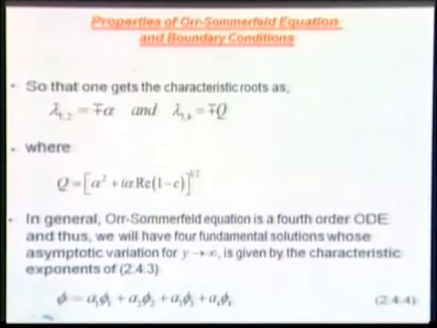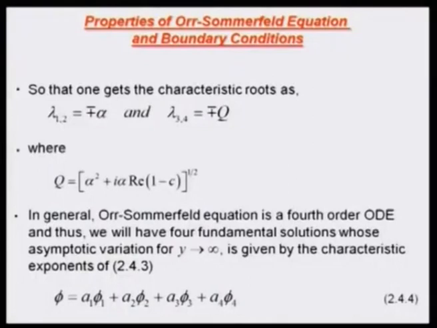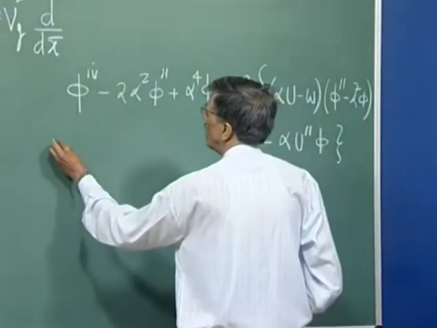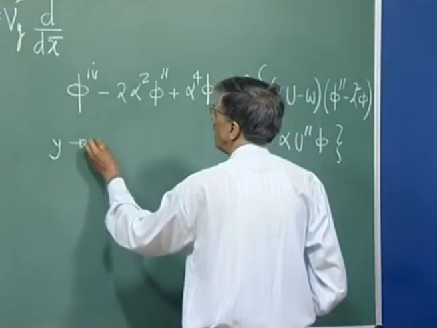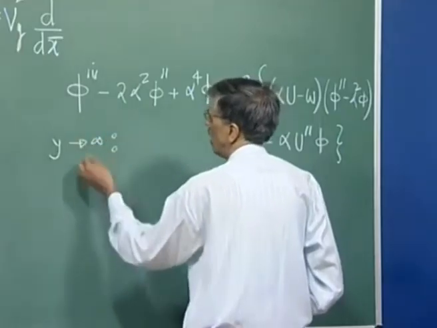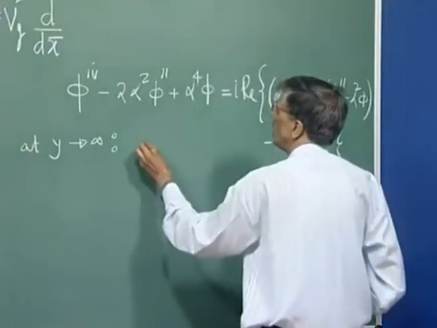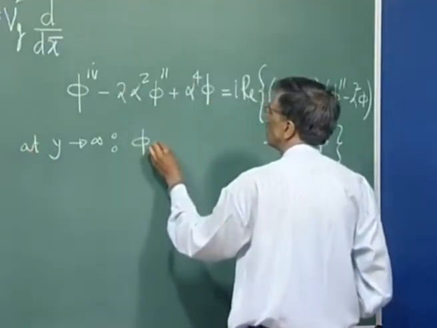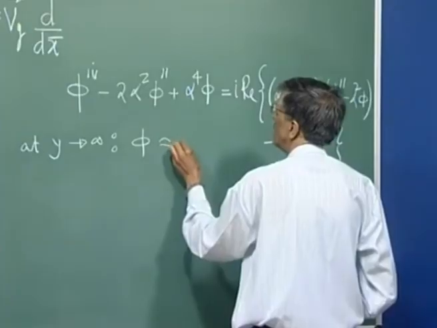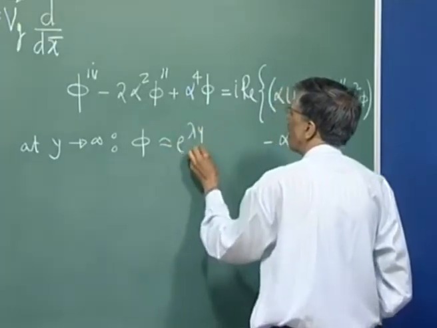Remember that, let me explain to you what it is that we are doing here. A little bit of explanation would not hurt. We are talking about y going to infinity. So, this equation is a constant coefficient ODE. So, let us write it down as e to the power lambda y, and